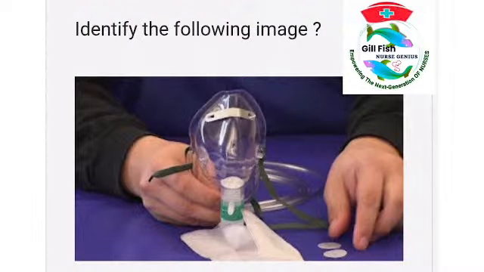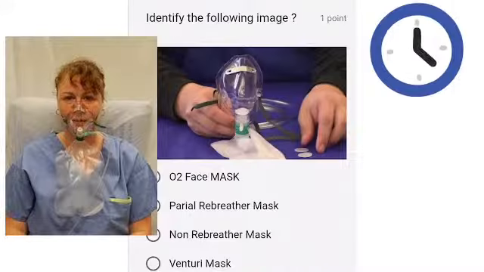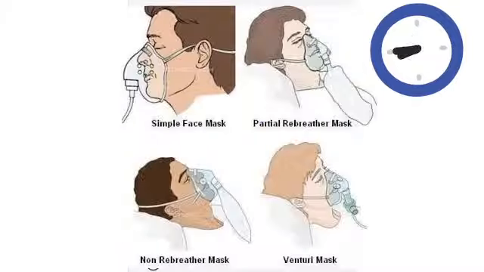Identify the following image. It is indicating an oxygen face mask. Option B, partial rebreather mask. Option C, non-rebreather mask. Option D, Venturi mask. Can you look at the picture clearly? Now you will understand what the question is here. Okay, now you tell me the answer. What is the mask? There are different masks available: simple face mask, partial rebreather mask,